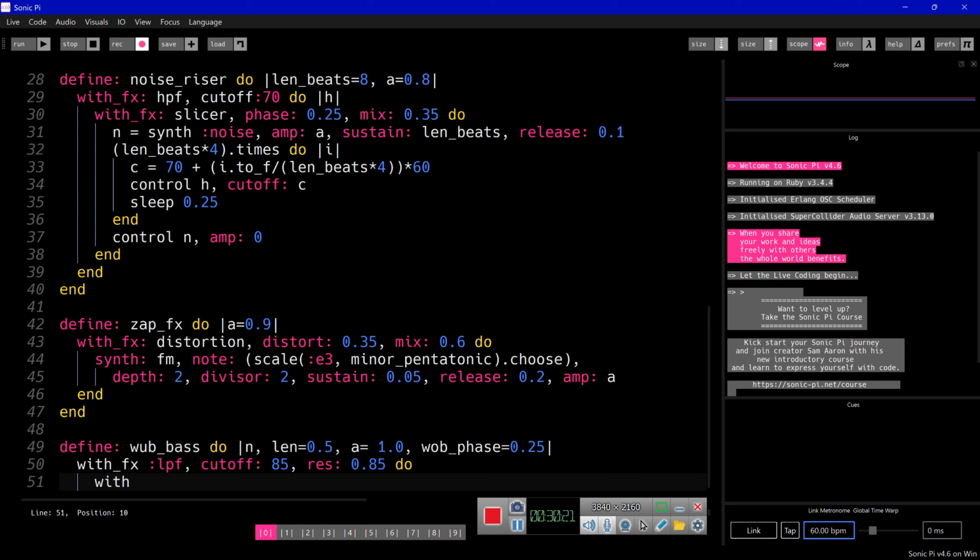We add another effect, which, after the low pass filter, is wobble, phase of wobble phase, wave of 1, and mix of 0.85. Invert mix of invert wave of 0,